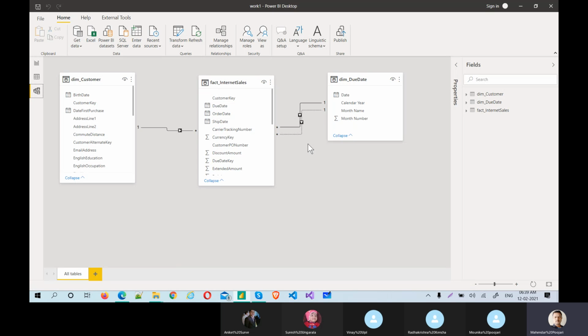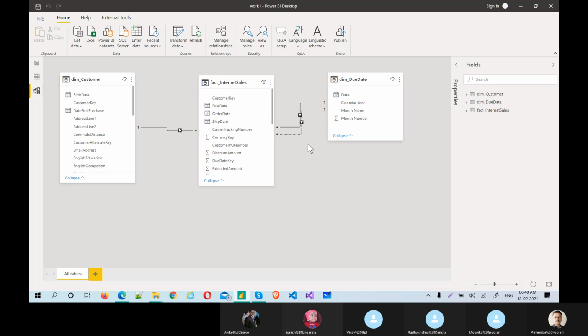because it unnecessarily wastes resources. So in that case, there is no many-to-many relationship. What I'm saying is, you create one table which is a concatenation of fact internet sales.